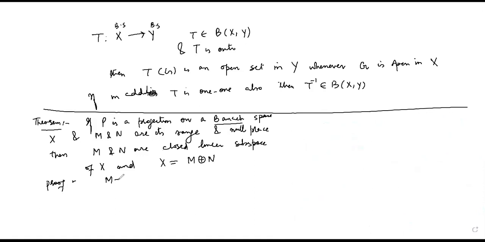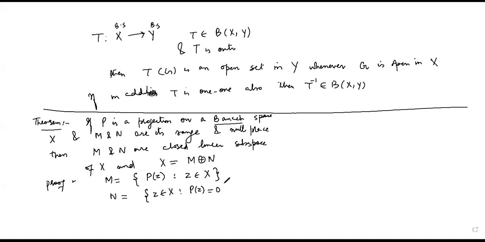Let M be equal to the range, meaning all of its range, that is P of Z such that Z belongs to X. और हमें पता है रेंज जो होती है, range is always a subspace of a linear operator, and it's itself a vector space. N जो है, N is the kernel, and it is all Z belonging to X such that P of Z